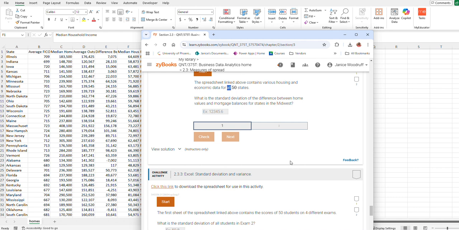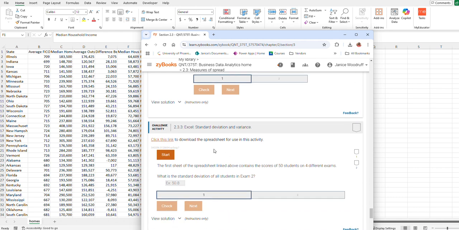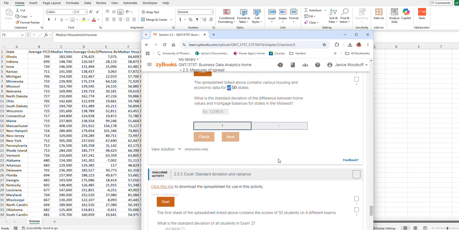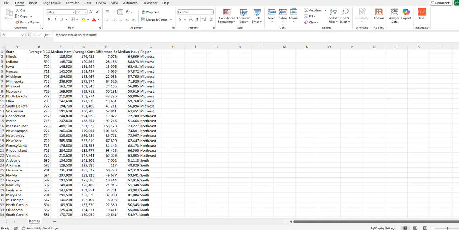If we look at the second example here, the first spreadsheet linked above contains the scores of 50 students on 4 different exams. This is a sample of 50 students. It's not all 50 students to take the exam. It's just 50 students. So you want to look for that word all to differentiate between the population and the sample. Okay, so going back to the formula,